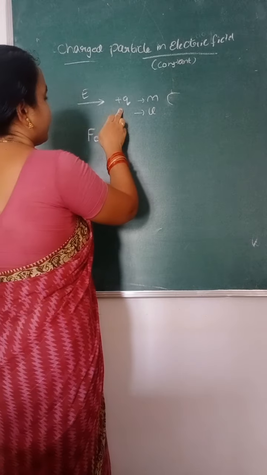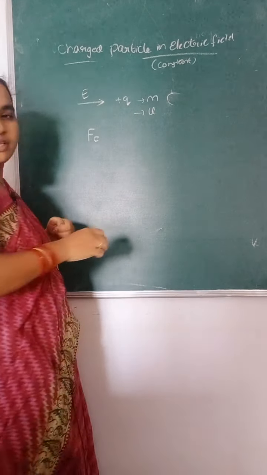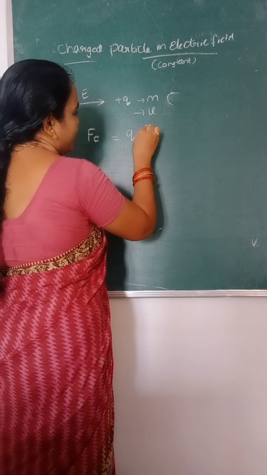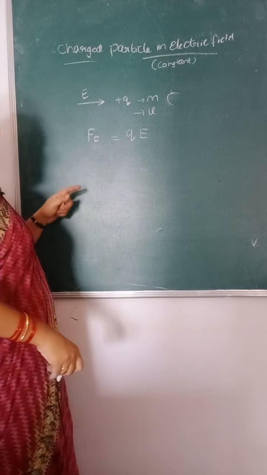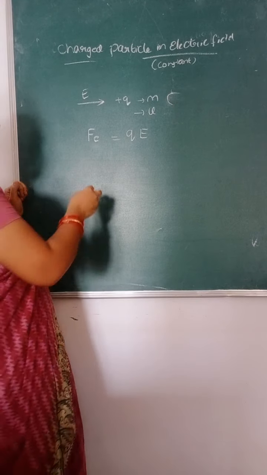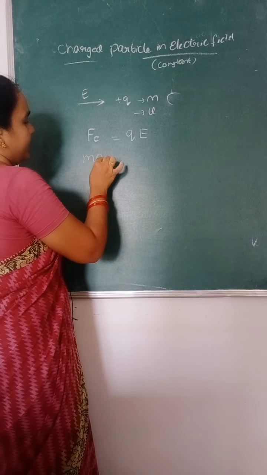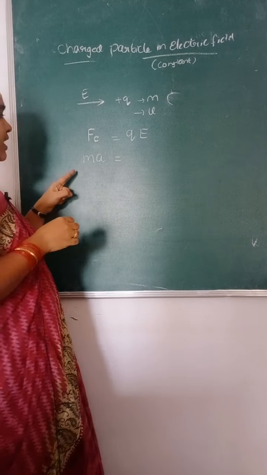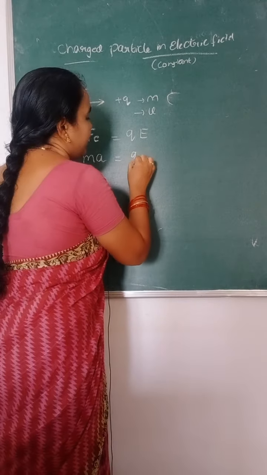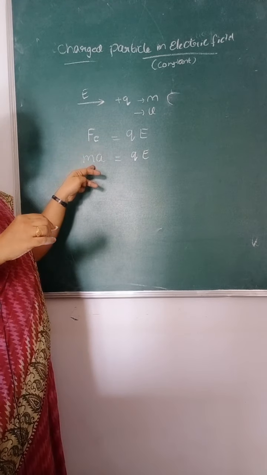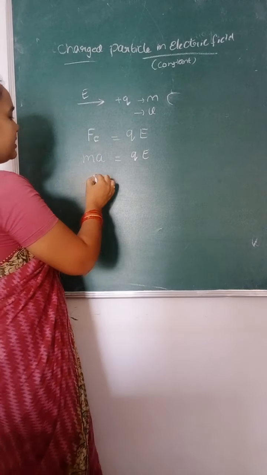For a particle having charge q and mass m, it is given in general by the formula qE. According to Newton's law, the force acting on a particle is mass into acceleration, where a is the acceleration of the particle. So this force exerted on the particle is equal to qE. Then acceleration is equal to